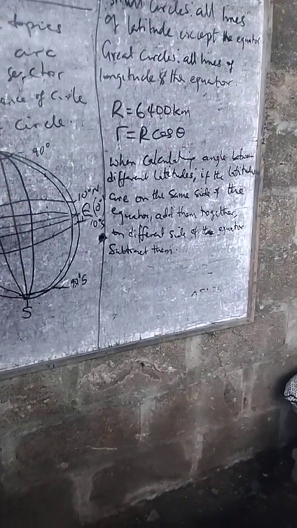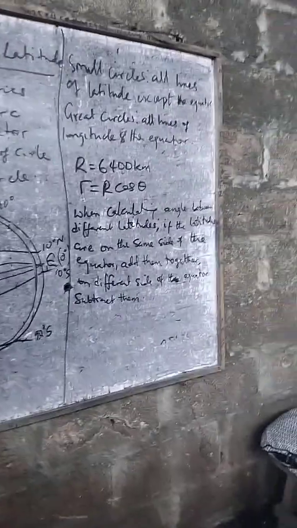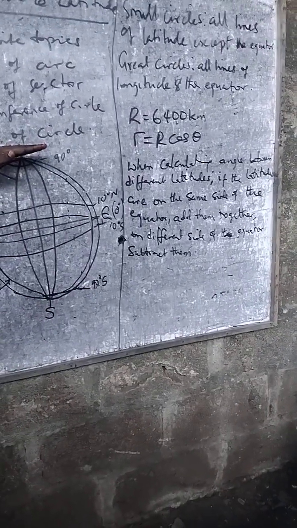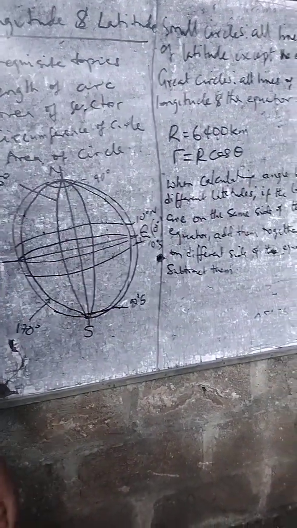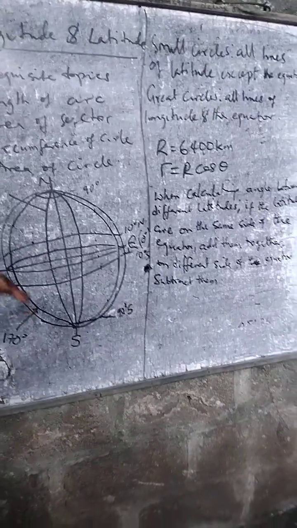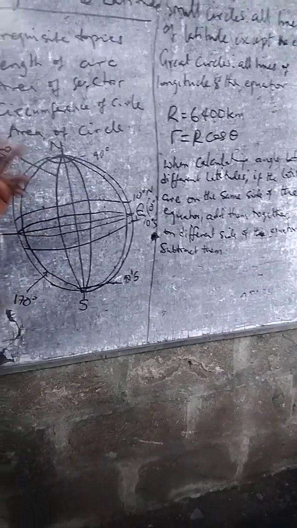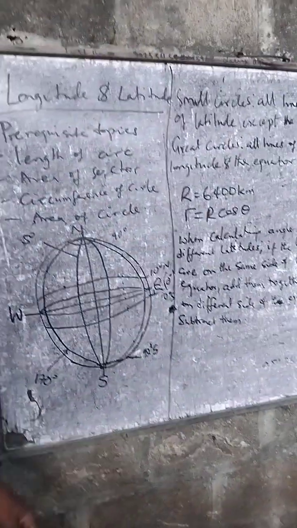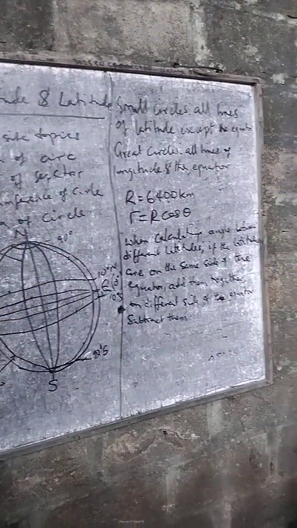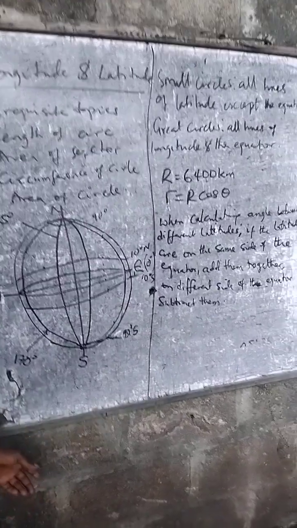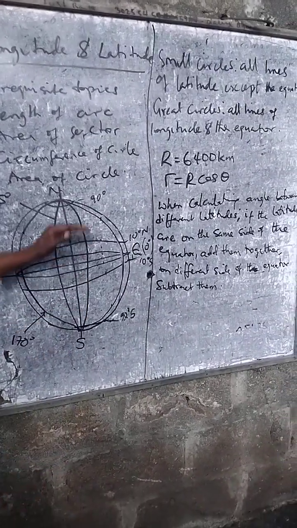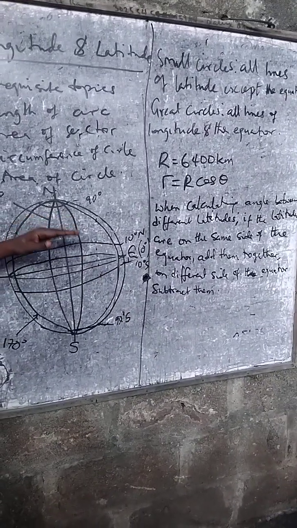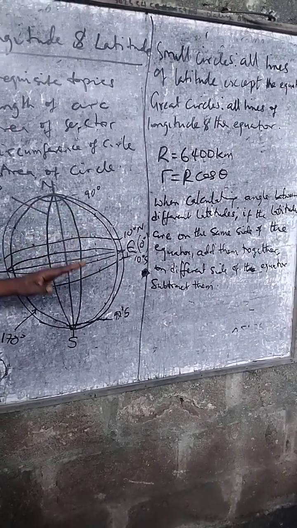If the latitudes are on the same side of the equator, whether the two latitudes are in the northern hemisphere or southern hemisphere, let's take the northern hemisphere for instance, you have two latitudes there. How do you calculate the angle between them? You calculate by subtracting them from one another. But if they are on different sides of the equator, let's say one is on the northern side and the other one is on the south